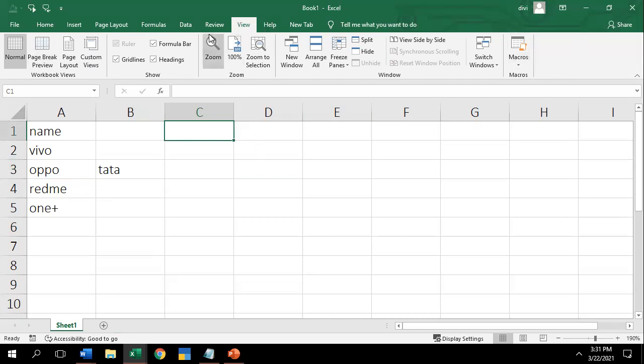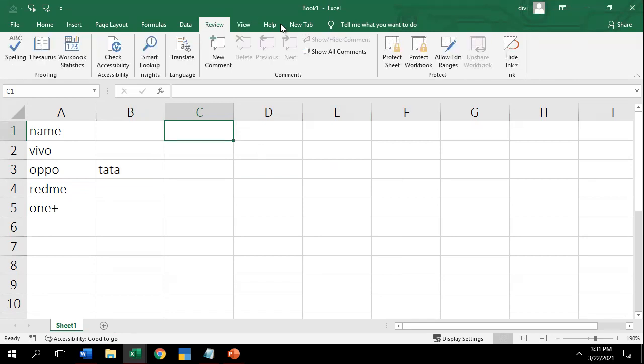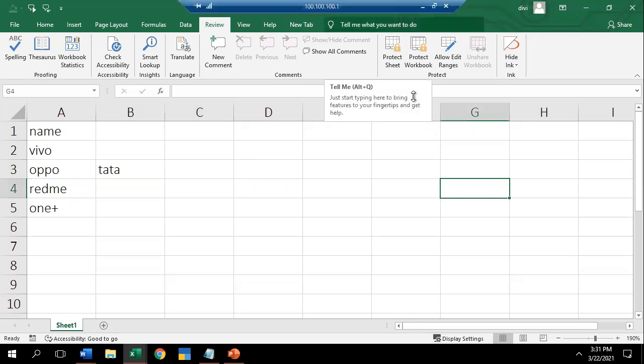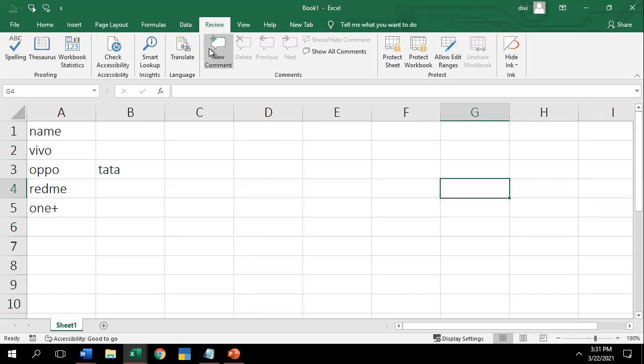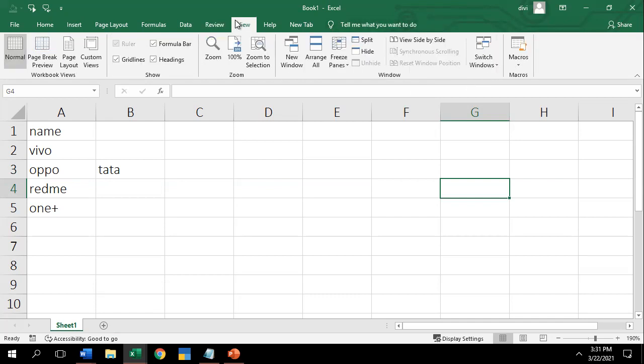Does anyone have a doubt about the View and Review tab? I'll just wait for a few seconds. If you have any doubts in the View and Review tab, you can ask in the chat box. About the macro, the view, the commands, and protection, I'll show you in the next class.